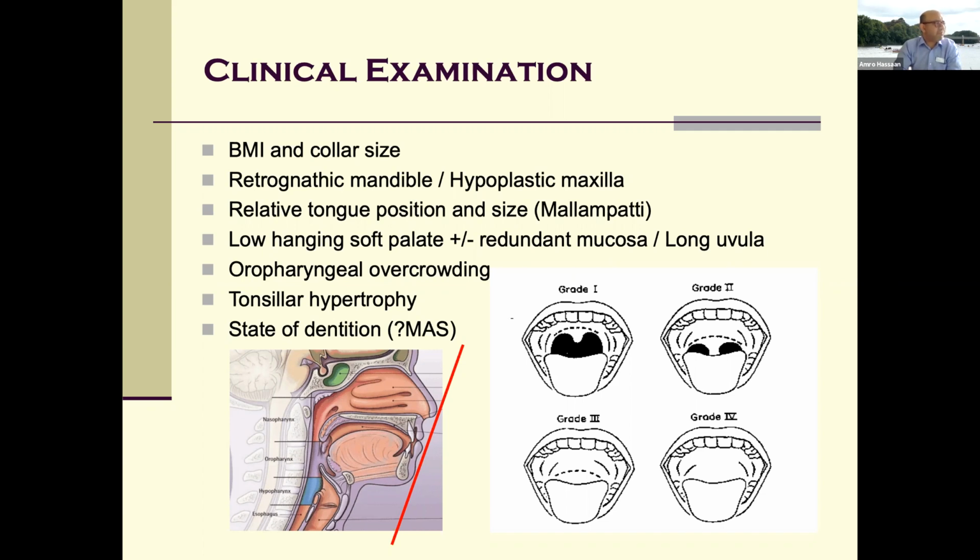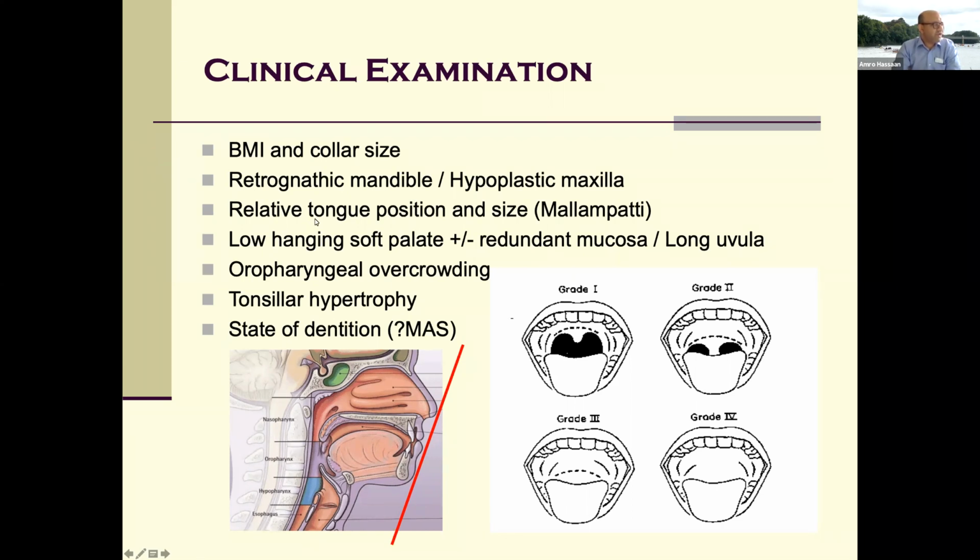Again, looking at the patient, if they've got a retrognathia, meaning their mandible is retracted, then that can be a point for concern because it can suggest that the tongue is more likely to flop back into the throat. And here is a line. I usually use a tongue depressor, if you can see my mouse, to place along that red line. If everything meets, the nose, the lips, the chin, then you're okay. If the nose meets the lip, but the chin is further back, that's an indication of retrognathia.